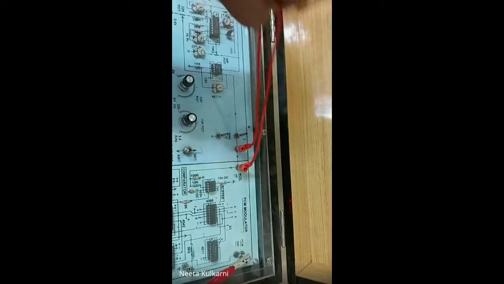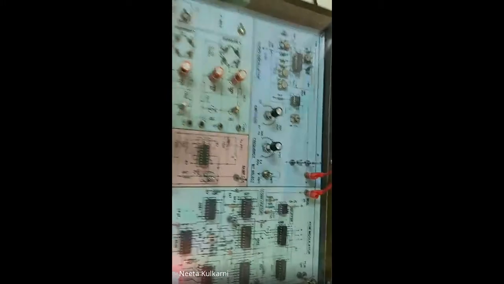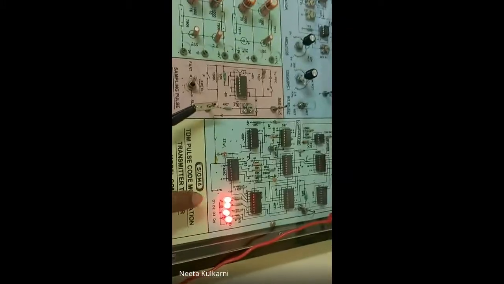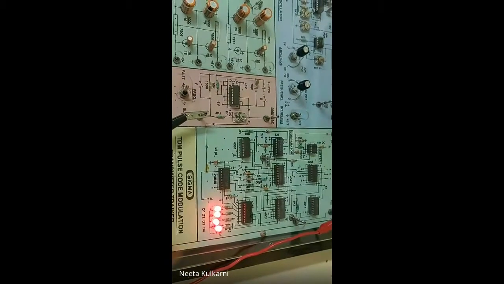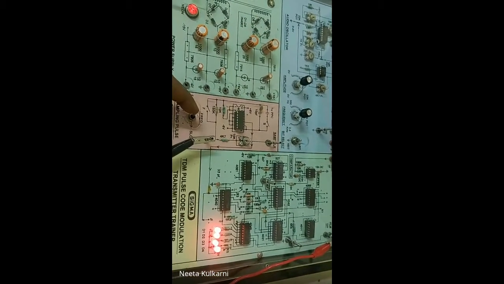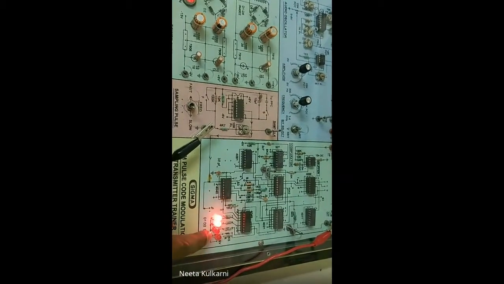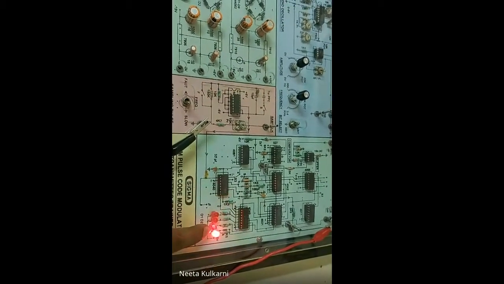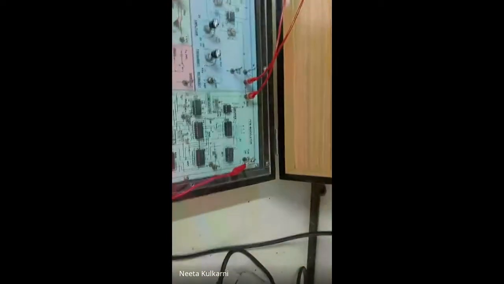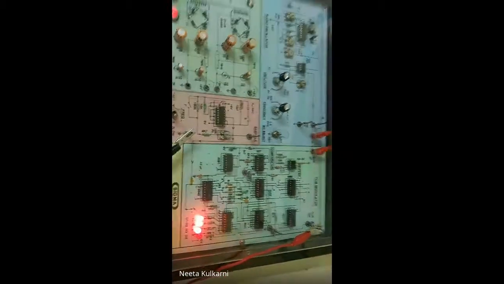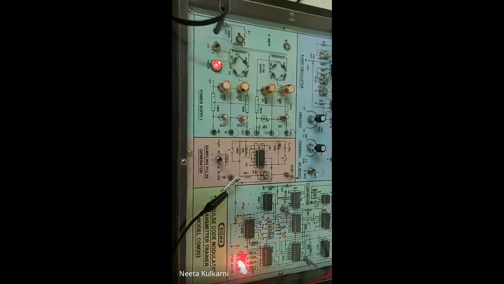Then our original analog signal is given sampling from here. So here if you see, you are getting the sampling. If we select slow and fast, the LEDs here flow accordingly, see. So here you are able to check the output of the sampling. I will show you the waveforms one by one.